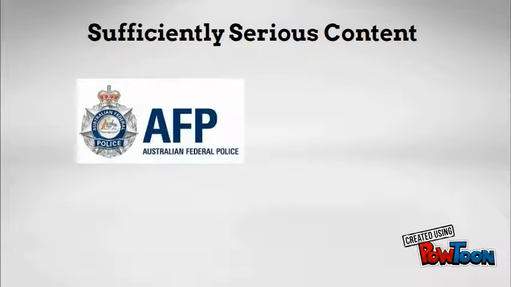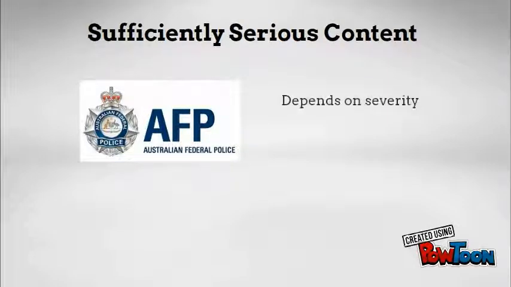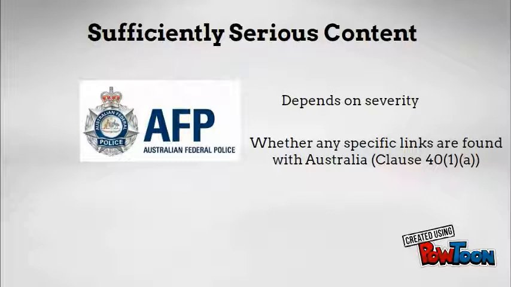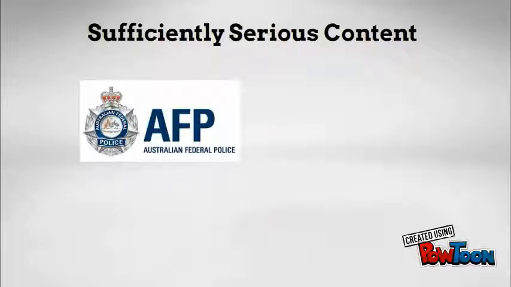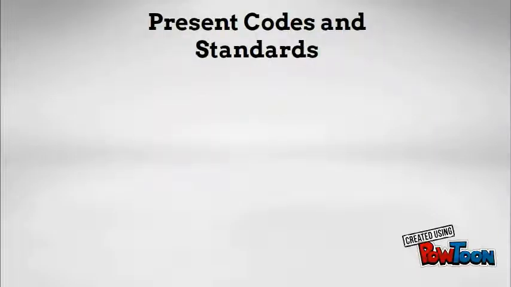Furthermore, where there is a sufficiently serious complaint, it may be handed over to the Australian Police, though this is dependent upon how serious the content of the website is and whether anybody specifically from Australia was named. For example, such material might be that which contravenes a State Crimes Act, such as child pornography, or matter instructive in the commission of a crime.